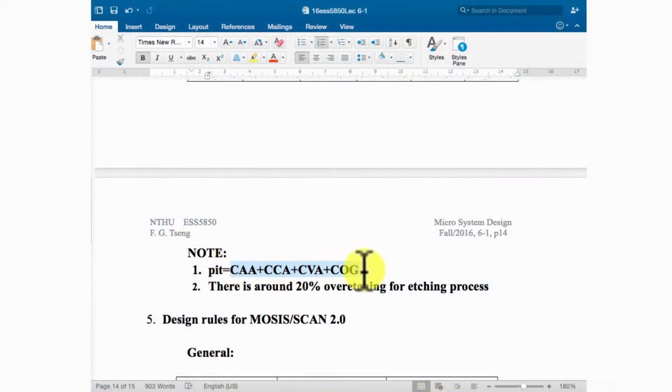If you don't punch holes in that area, you really cannot expose the silicon area for later bulk machine etching. The way to open up and expose the silicon surface is what we call the pit action. The pit action is actually 4 actions working together